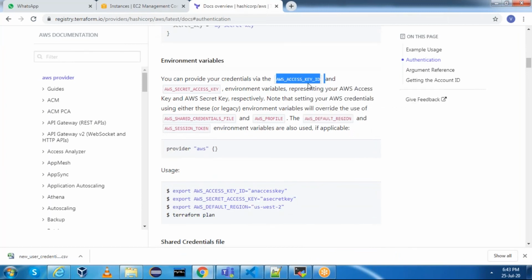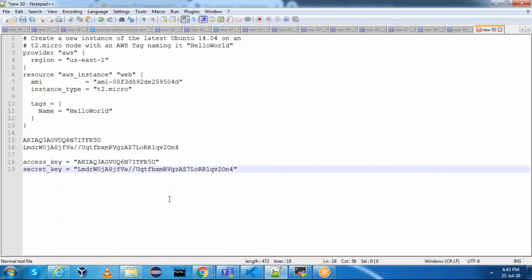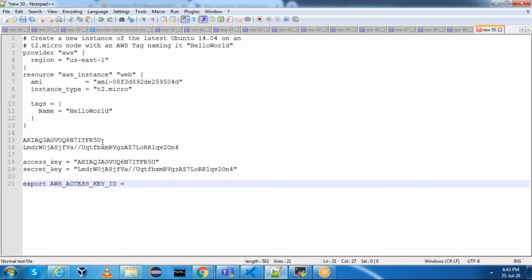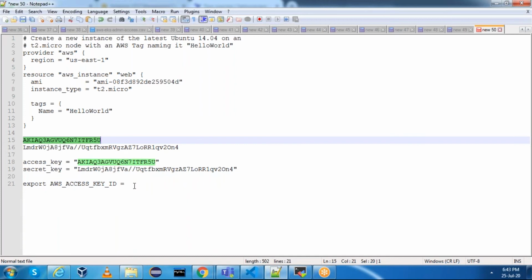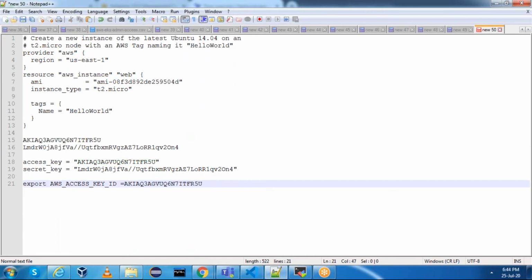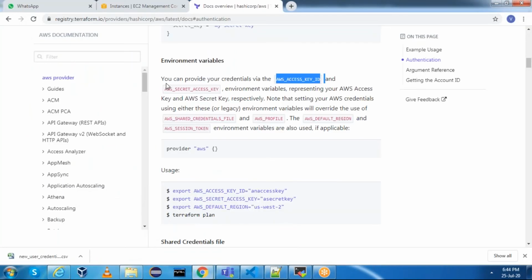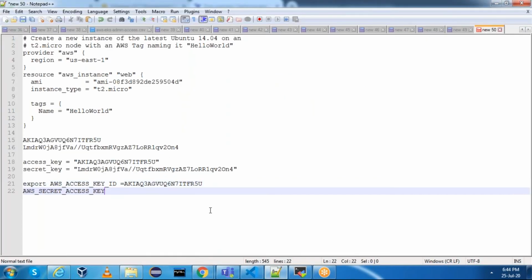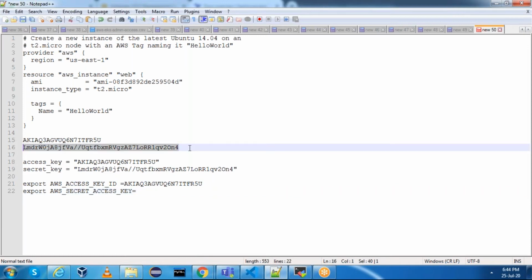This is the environment variable. Okay, you can say export this environment variable equal to access key, and then export AWS secret access key equal to this one.